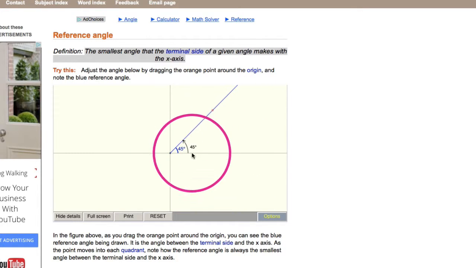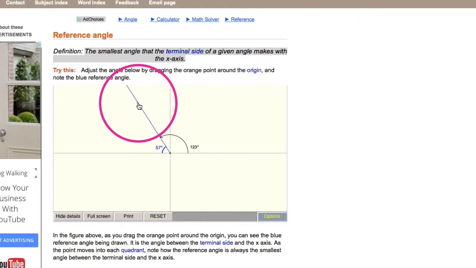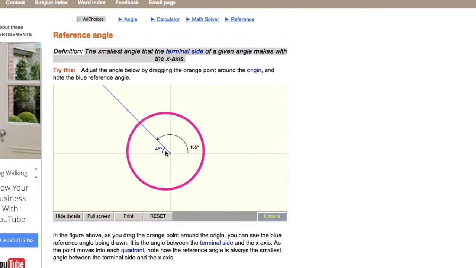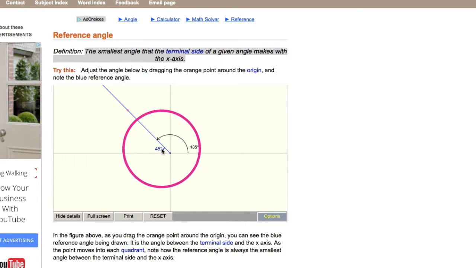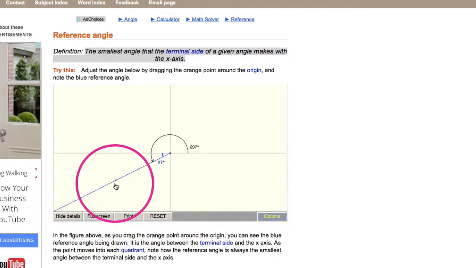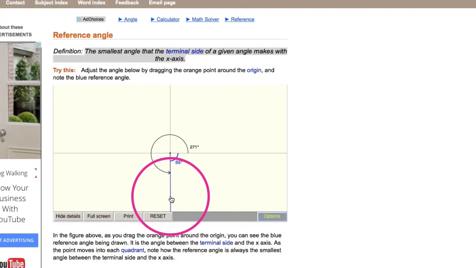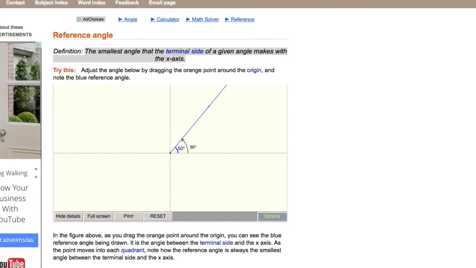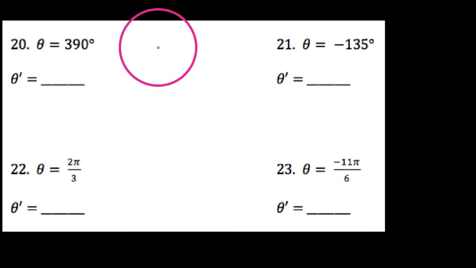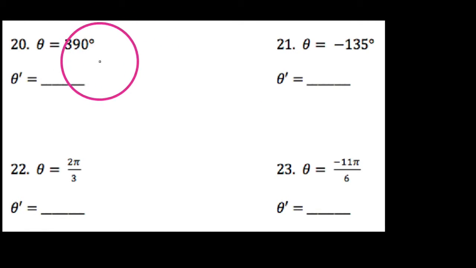For instance here, a 45-degree angle, its terminal side makes a 45 with the x-axis. If I were to go over here to like a 135, its reference angle is also a 45-degree reference angle, because it makes a 45 with the x-axis. You can see that the biggest this reference angle ever gets is 90, but otherwise it's always between the terminal side and the x-axis, and it's always acute and always positive, which is a neat thing about it. So what we're going to do in this video is use the informal method of finding reference angles,